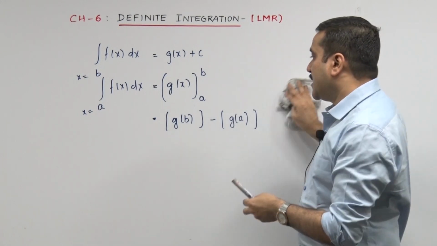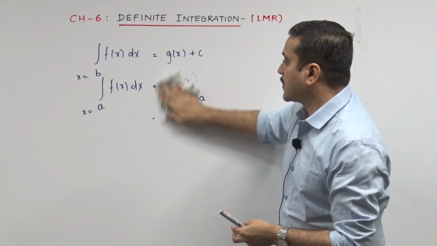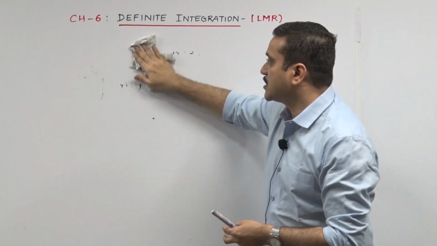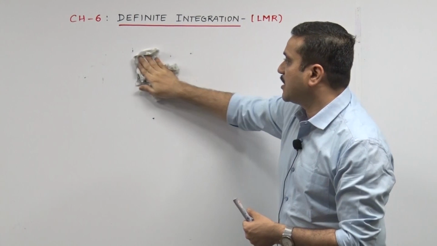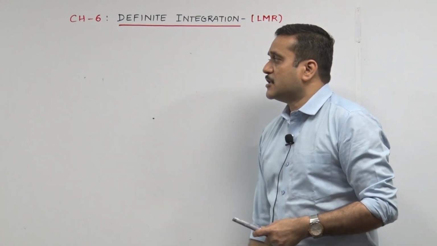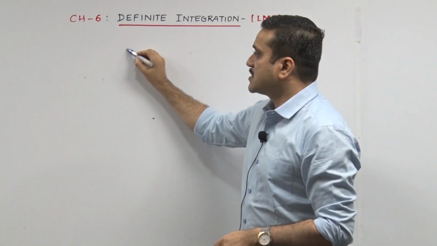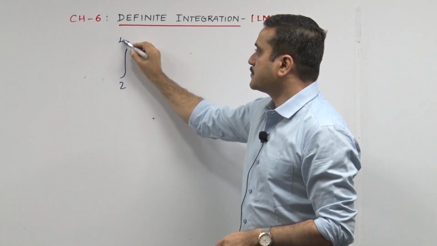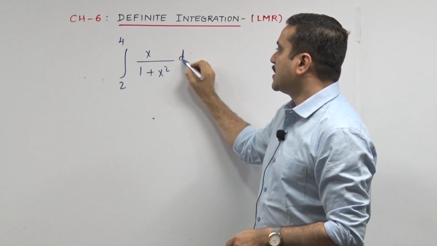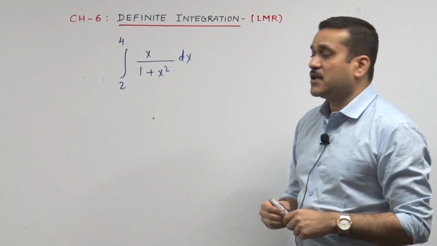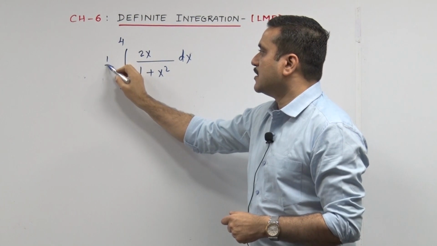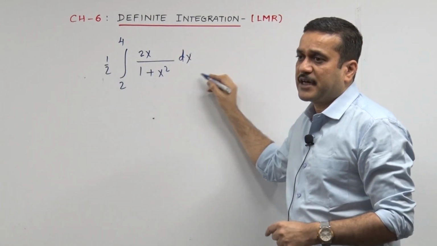Now, can I take two examples which I want to? This is the first part of integration where you need to integrate your function using all your knowledge which you must have gained or practiced in your chapter 5 indefinite integrals. So let's say if I pick up the very first sum, 2 to 4, x upon 1 plus x square dx. Now I think this seems to be quite an easy sum, because just by a small adjustment of 2.5 you can make it f dash x upon f x.